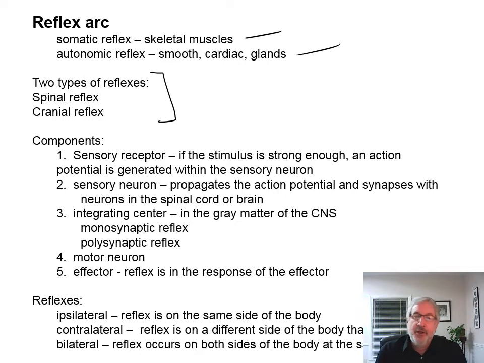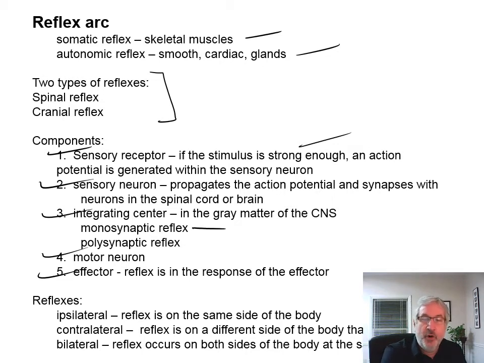So in this, the components of a reflex arc, you have a sensory receptor, sensory neuron, an integrating center, a motor neuron, and an effector. Okay, so the effector response is a reflex. The receptor, if the stimulus is strong enough, an action potential is generated within the sensory neuron, which then propagates that action potential, synapses with neurons in the spinal cord or the brain, and the central nervous system, the spinal cord or brain, is the integrating center. So you can have either a monosynaptic reflex or a polysynaptic reflex, and then you have a motor neuron and